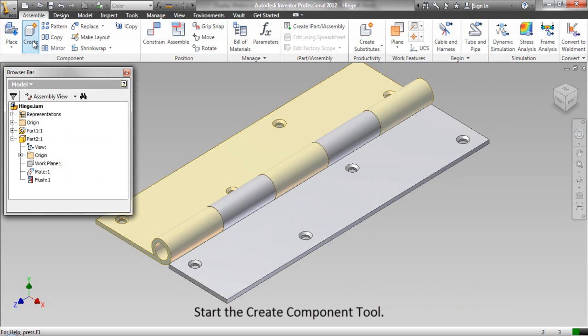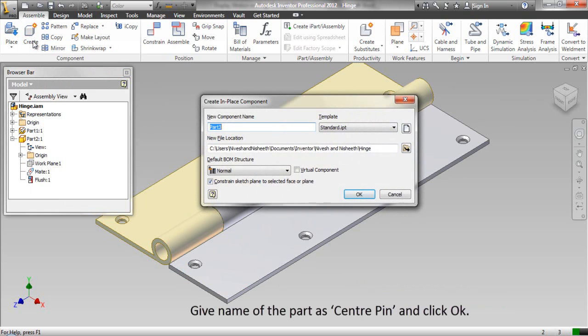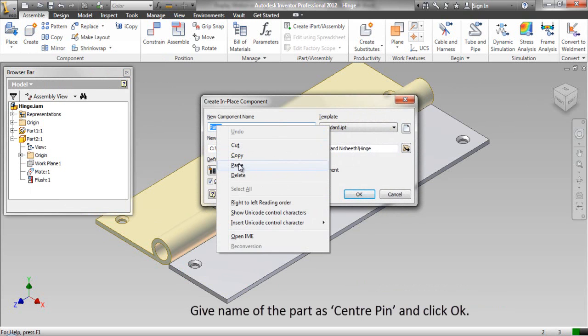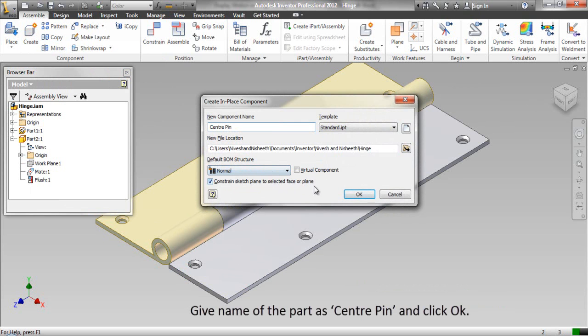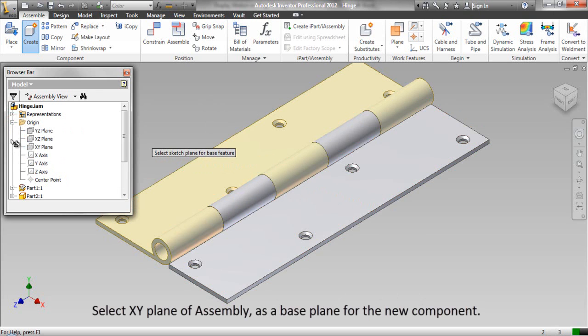Start the Create Component tool. Give the name of the part as center pin and click OK. Select the XY plane of the assembly as the base plane for the new component.